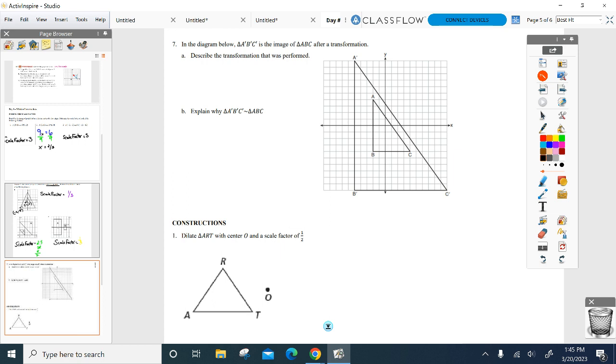Okay, I get it. It's a dilation. Congratulations. But now I need to know a dilation centered at, and a scale factor of. All right, here we go. Dilation centered at, you can fill in the blank, with a scale factor of,